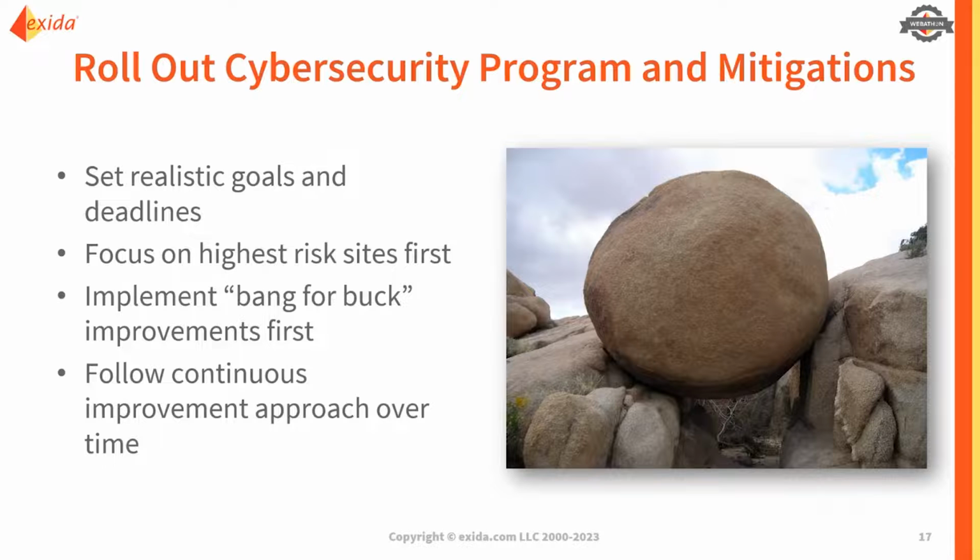And we can also talk about what I call the bang for buck improvements or the low hanging fruit, where based on the risk assessments, a lot of times we'll see there are going to be specific threat scenarios, whether it's an internal disgruntled employee or, let's say, remote access that's not well controlled for legacy accounts. And we're going to see that for each of our different zones or a lot of our different systems, those same threats or those same causes are leading a lot of our high risk scenarios. And so if we identify that, we can address those areas first by implementing countermeasures that knock out a lot of our risk, that are easier to do. We should always start with that and take the simple steps